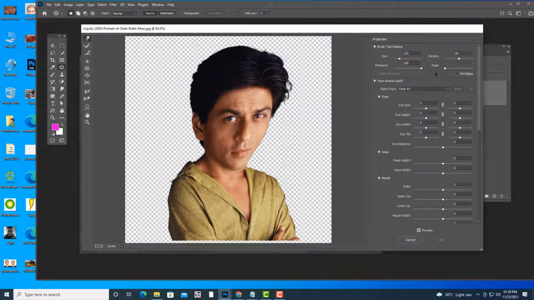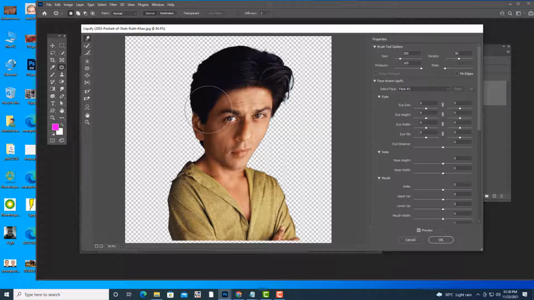So the interesting thing, the values are on the left side. On the left side we can see the forward warp tool. You can stretch with the forward warp. See, I am able to stretch his face.